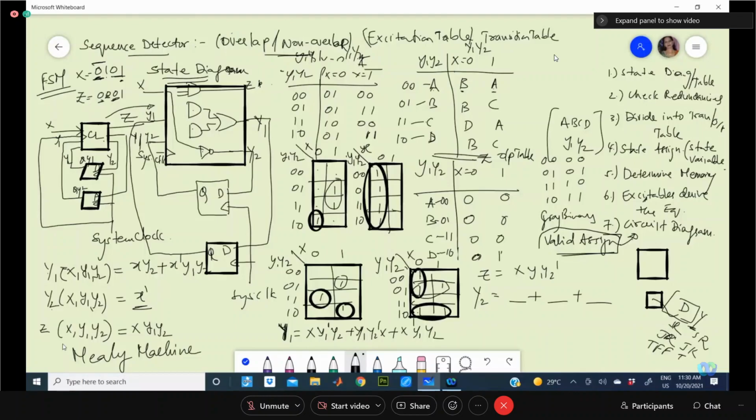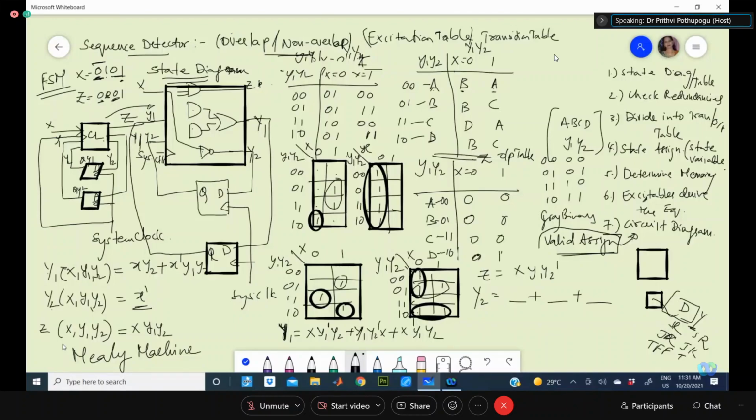No quick answer. I asked whether you understood. It's clear. What is the meaning of valid assignment? I said you assign for a gray order and derive the equations. Then again you assign for binary order for the state variables and derive the equations, which gives you a less complex, minimized equation. How do you consider that to be less complex? If the number of minterms is less in the equation, or the number of variables in the minterms is less. That is the thing we were telling right from the beginning.